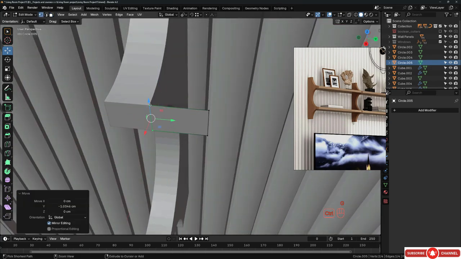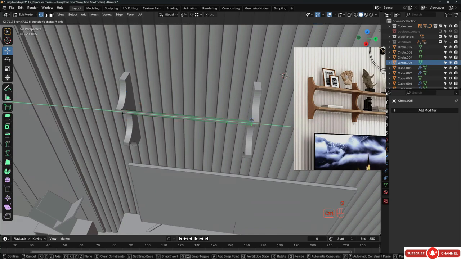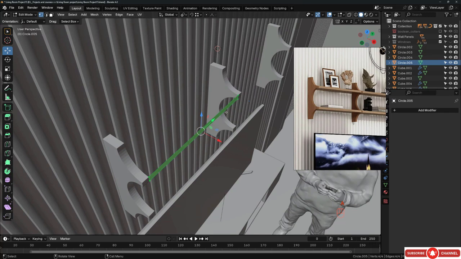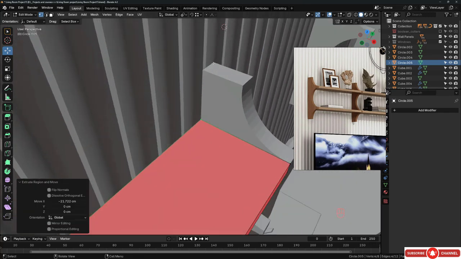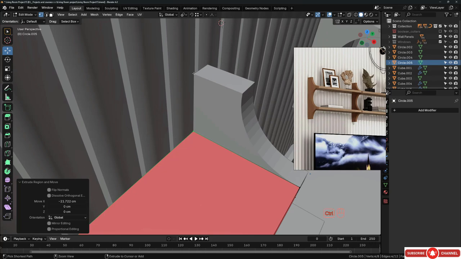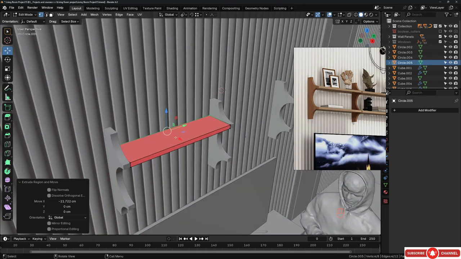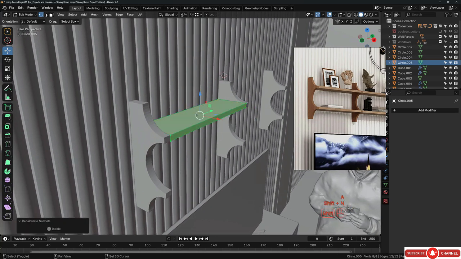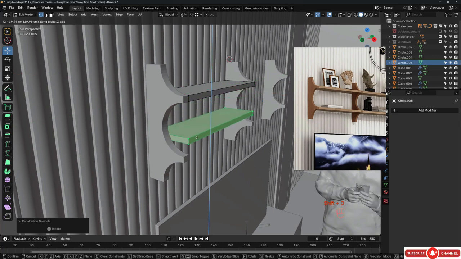G and move these, align these vertices right here. Grab those, hit G and align those over here. And I guess we should extrude them. After that, hit E and extrude this to this vertex. You can snap it, hold Ctrl and snap it. Make sure to activate vertex snap, and it's flipped as you can see, and it's easy to fix. Hit A and then Shift N to recalculate the normal, and then hit Shift D to take another copy right